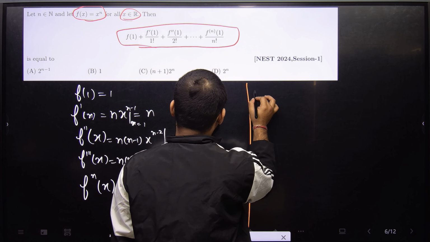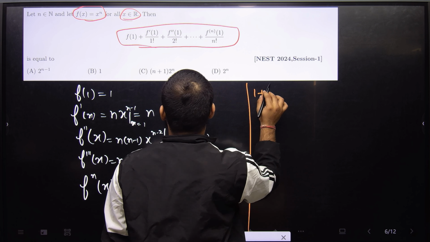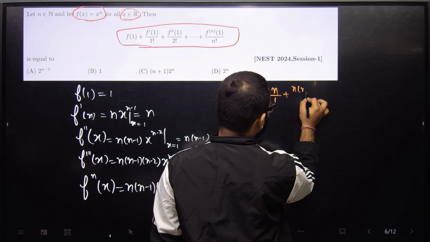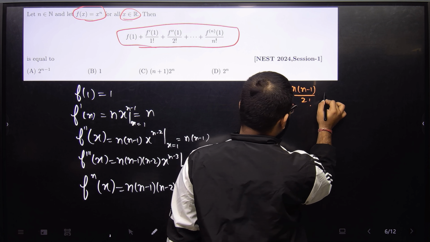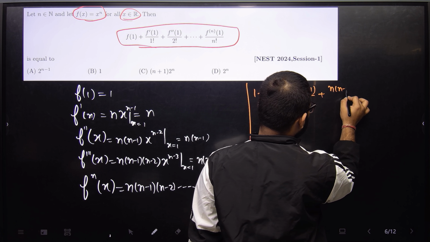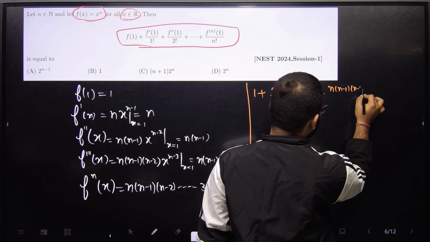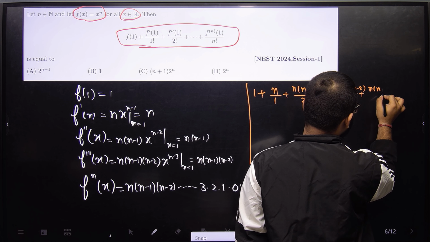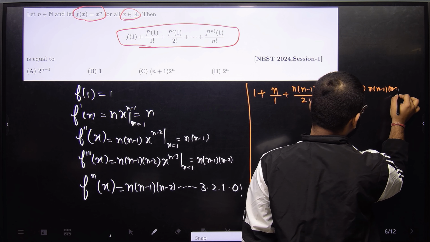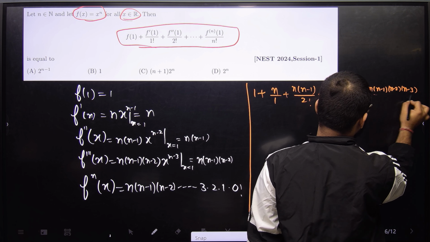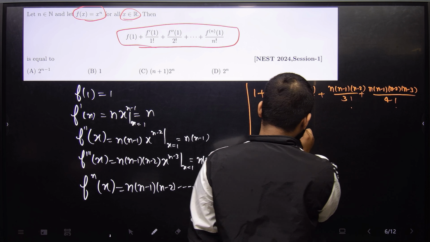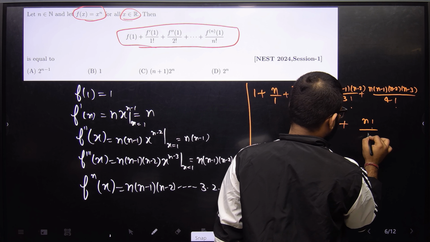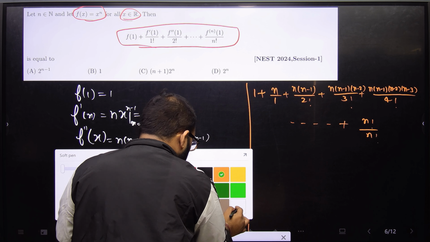So f(1) is nothing but 1, and f'(1)/1! is n/1!, f''(1)/2! is n(n-1)/2!, f'''(1)/3! is n(n-1)(n-2)/3!, and the next is n(n-1)(n-2)(n-3)/4!. Similarly we can do this, and the last term is n!/n!. So if you observe this series,